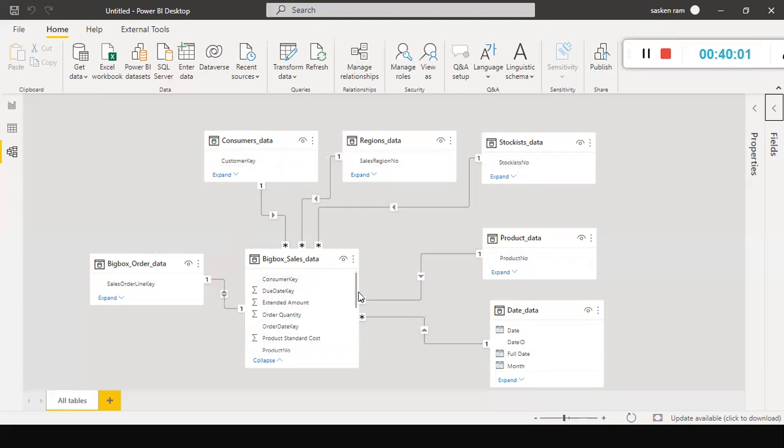Similarly, in the case of product data, which column do I need to use? The product number in the big box sales data column, to do a lookup on this table. You remember I explained the lookup function in the past session, right? The same way it works here.